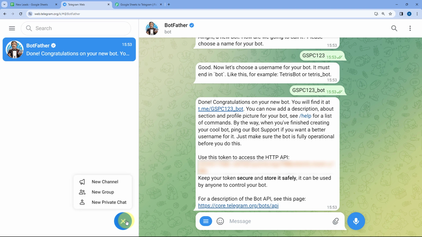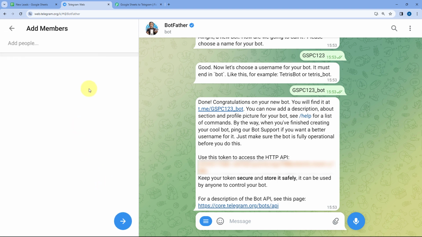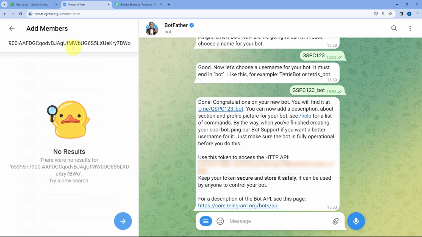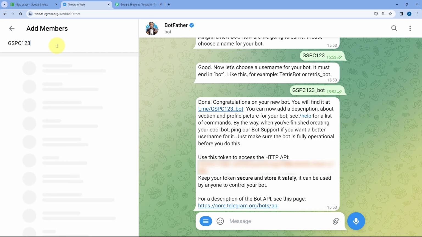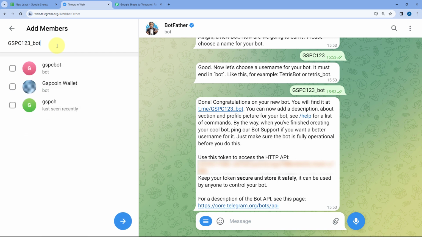I will just click on this edit button and click on this new group. Let me add the member. So the first member which I'm going to enter is this bot itself. So let me enter this bot's name over here, GSPC123_bot. So we have entered the username of this bot,